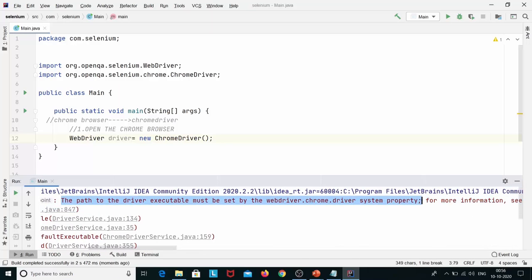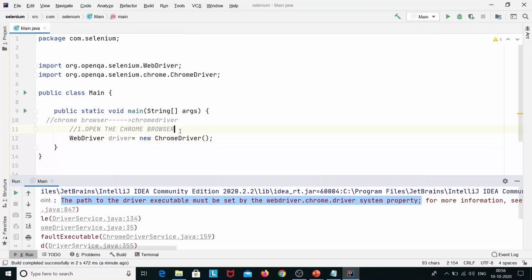Okay, this is your error. So here it says that I have to define a property, a system property, and to define this system property